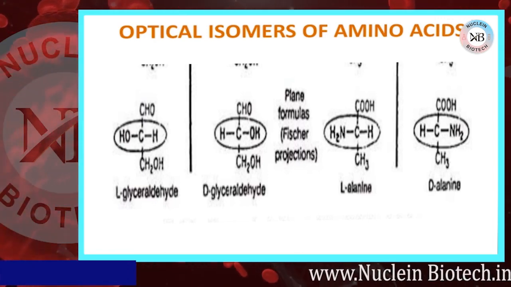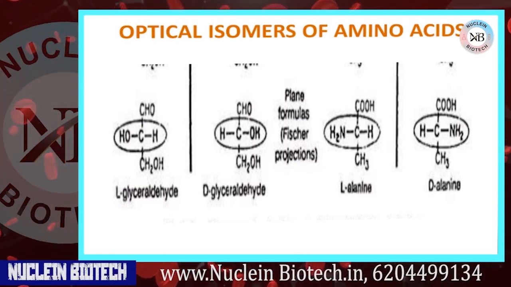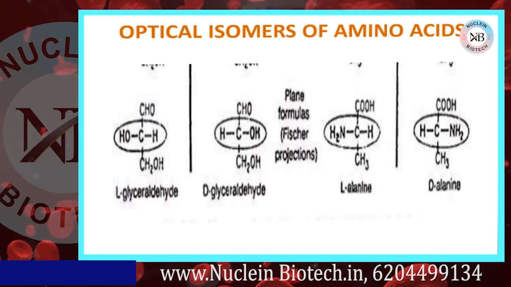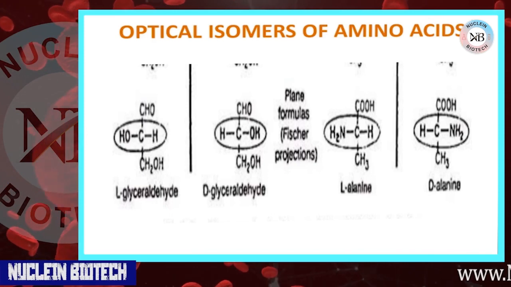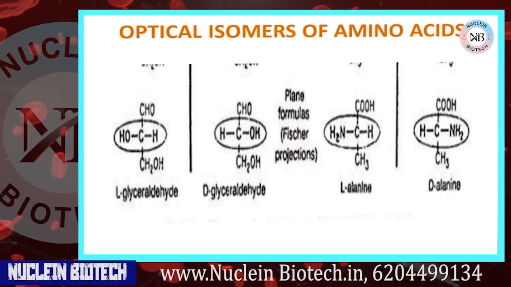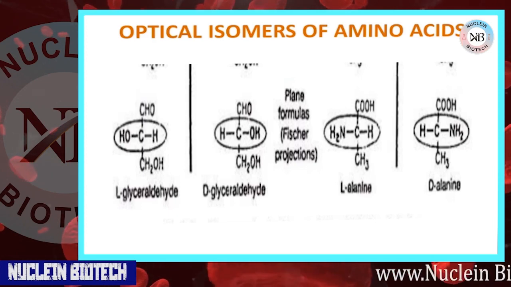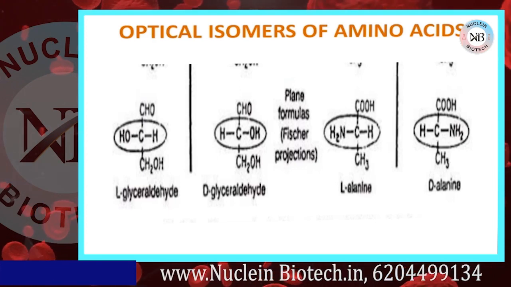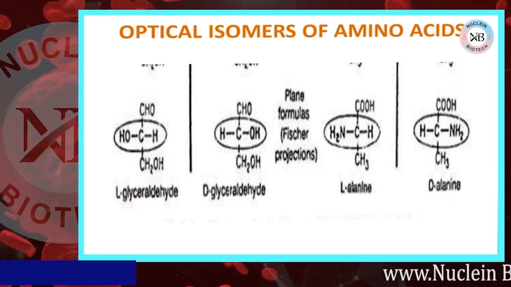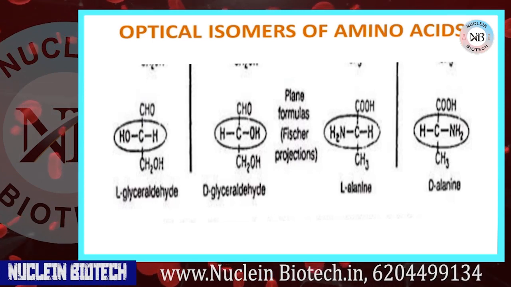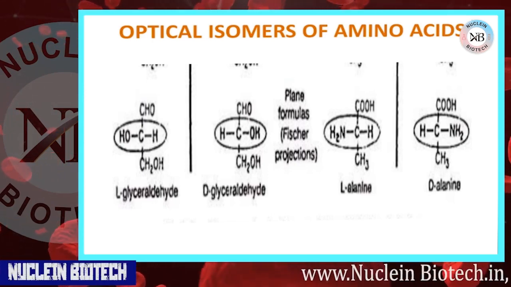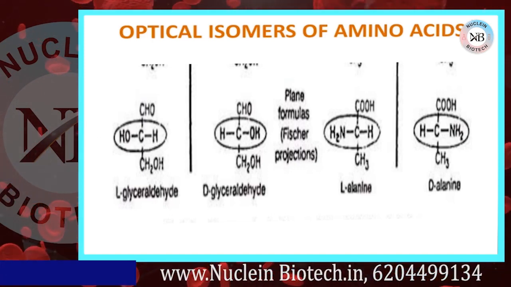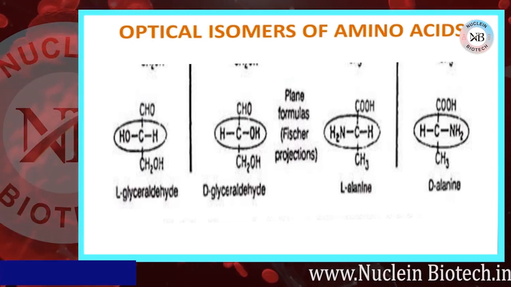It may be noted that the prefixes D and L have absolutely no significance related to the direction in which the plane of polarized light is rotated by the amino acid. The direction may be specified by a sign plus or minus placed before the name of the amino acid, for example L minus sign for leucine, keeping in mind, however, the fact that the rotatory power changes with the condition of the medium, particularly the pH. All amino acids constituting the proteins belong to the L series,